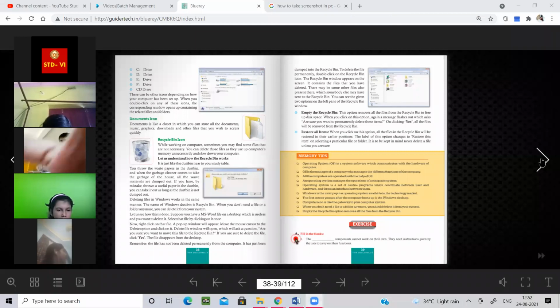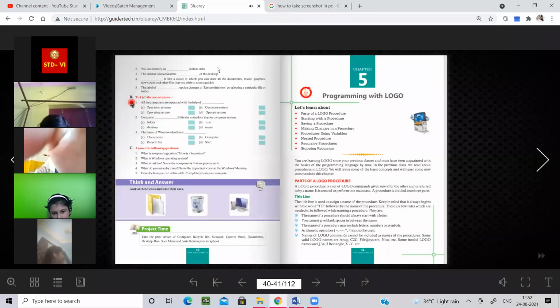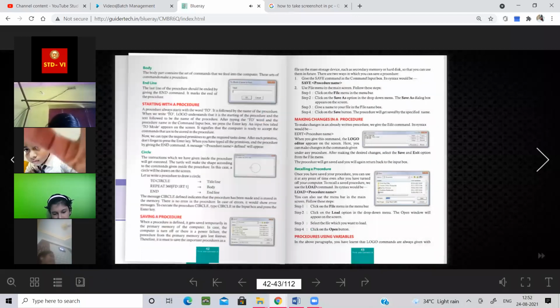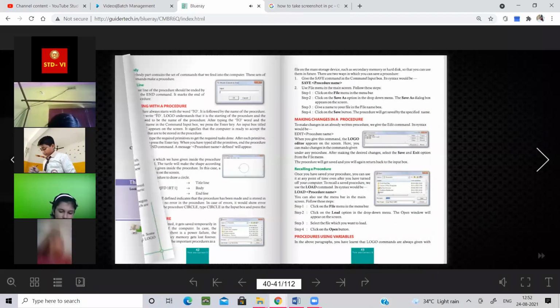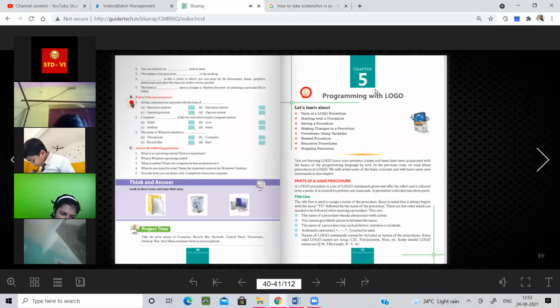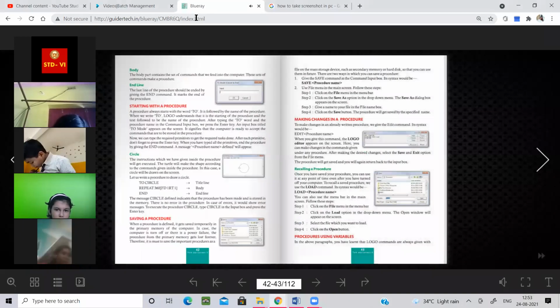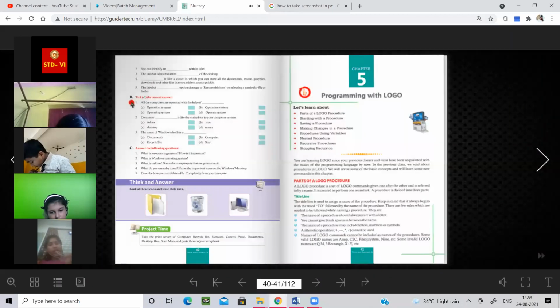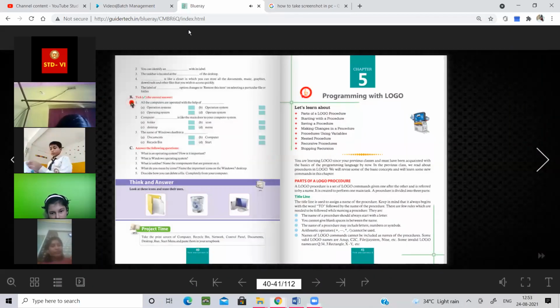Going to the next page, here you can see. I'm just writing the A1. A1 is hardware.